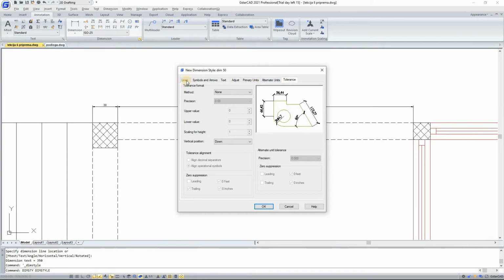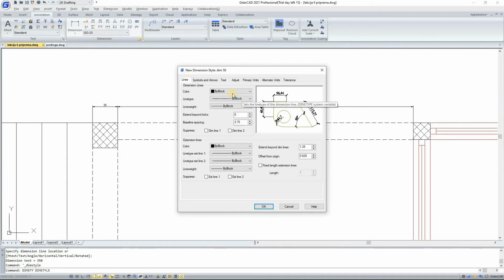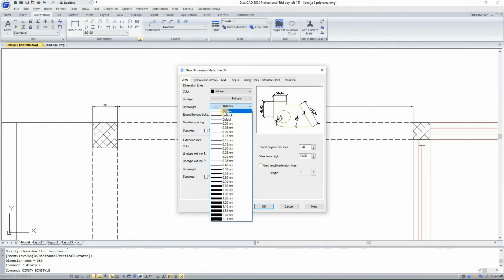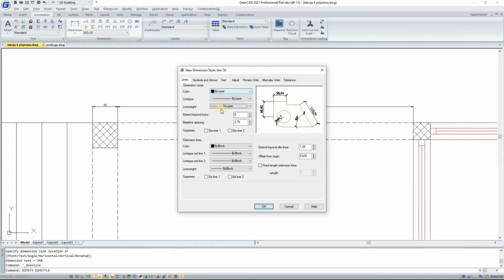We have one more to go. Lines. Here you use the color, what the dimension lines color would be. I go by layer because I will talk about layers later and you will see what the best side for layers is. So we're going to go by layer. Line type, you can choose what line type you want. I will go again by layer. Line weight also by layer because that's the best. And you make a layer that says dimension lines, and